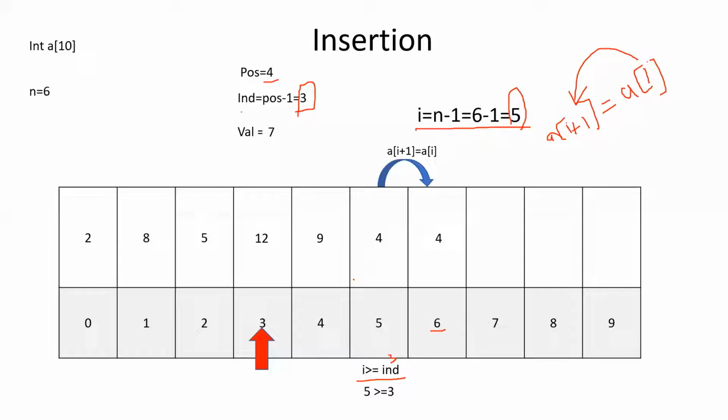After that, what we have to do in the algorithm? I had asked you to write the algorithm, right? After this, what we have to do? What were the 2 steps given after the while loop? Decrement, I minus minus. When you decrement, the current value of I is 5. When you decrement 5, you will be getting 4. So now, what will be the next step? We will be again checking whether I is greater than or equal to the index position. What is our current I? When you decremented I from 5, it became 4. Whether 4 is greater than or equal to 3.